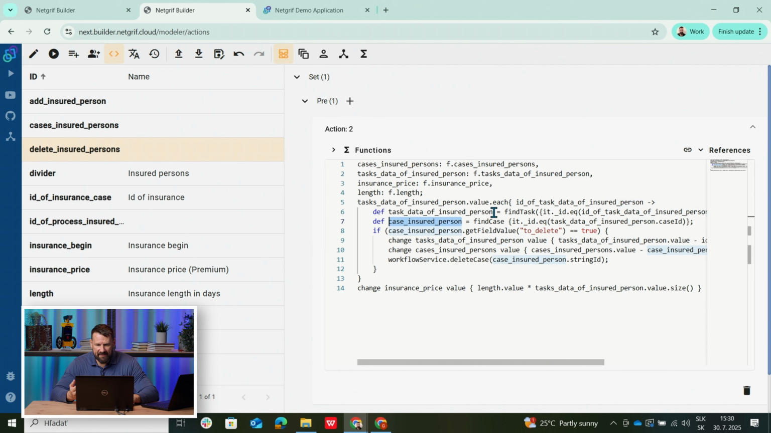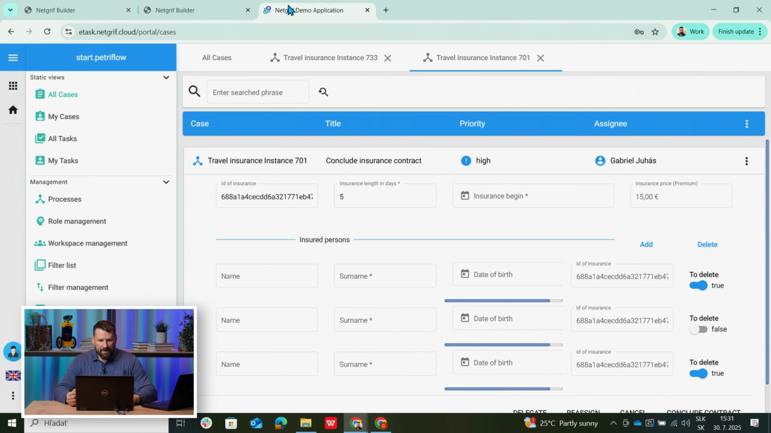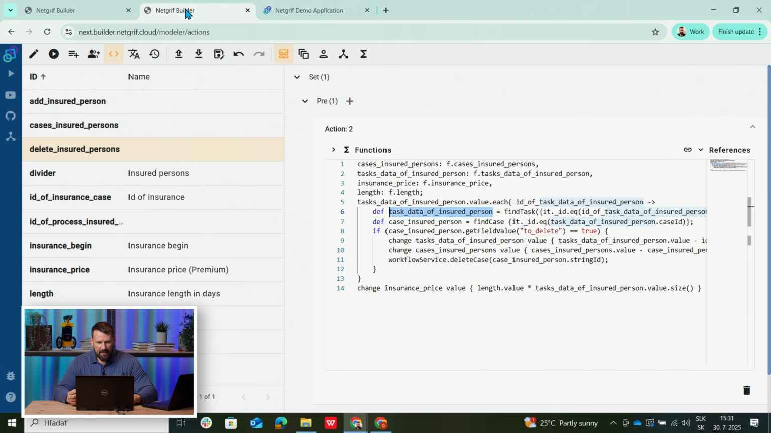So here I have that task. And here is that case. Yeah. So in that way, I am going through each and every one of these tasks and those cases where these tasks are. And for each of them, if that case